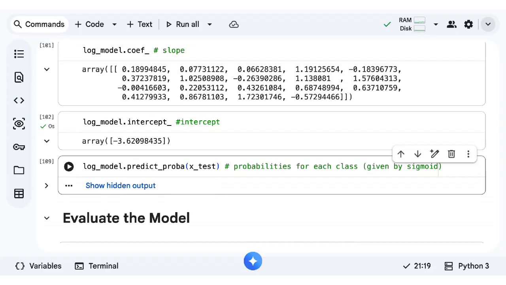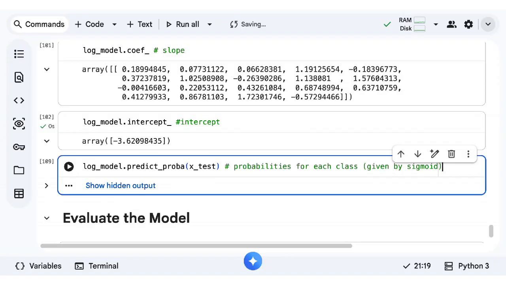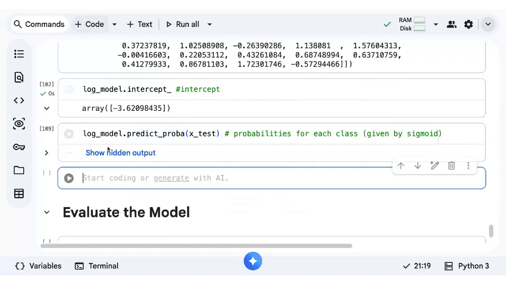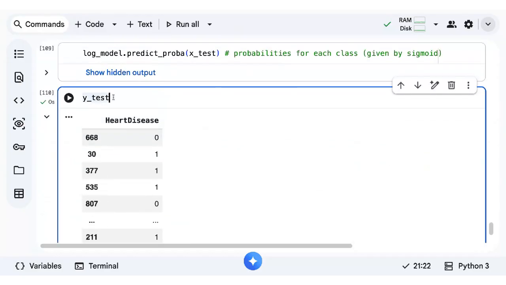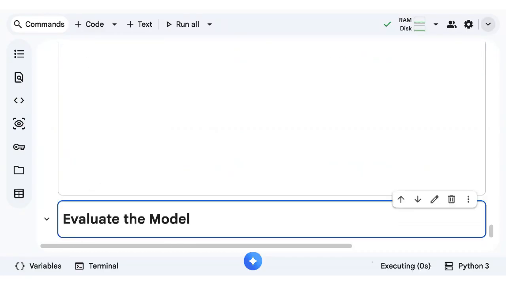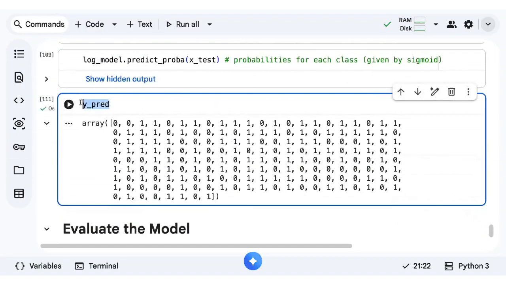So let's create a data frame for y_test and y_pred for comparing. See, this is your actual y_test, and you also have your y_pred as well. We'll see how many correct classifications and wrong classifications. I'll just call comparison equals pd.DataFrame. I'll just call actual. Actual is y_test, comma predicted.